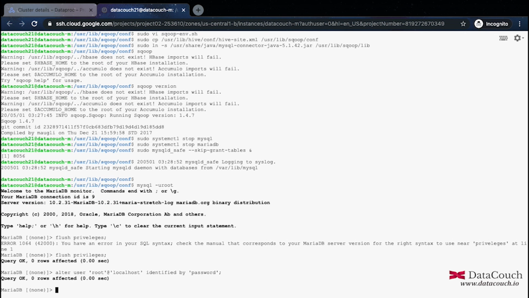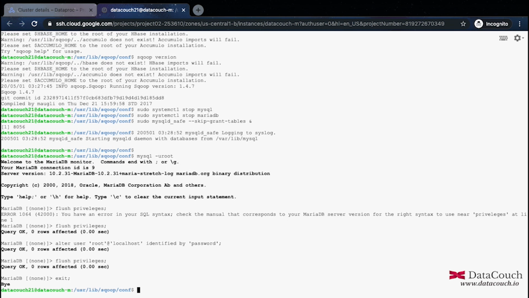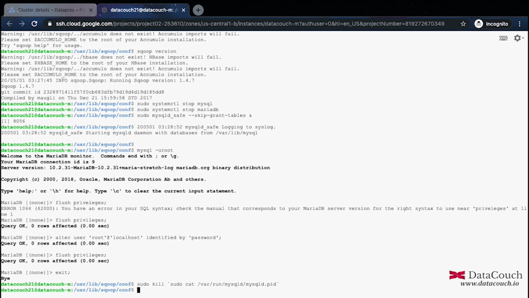So once this is done, now again we can use that command flush privileges, and we can restart MariaDB, and we will see if the password has come into effect or not. So let's do this flush privileges, and we will come out of it using exit, and then we will go to the Unix shell, terminal shell, and here we will just use this to kill any MySQL daemon process ID.